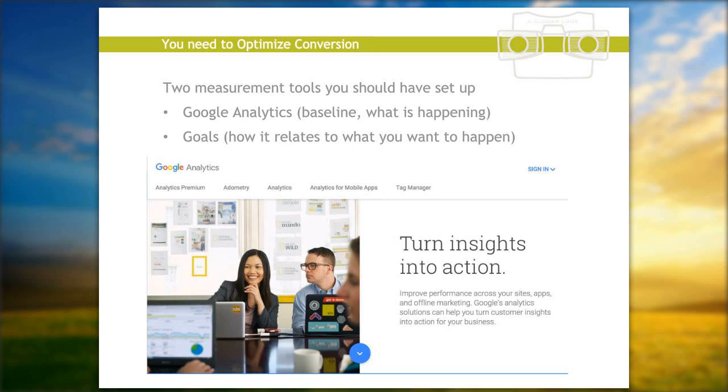So, in order to optimize conversion, part of that is measuring what's happening on your website as well. So, Belinda and Dorothy, do either of you have Google Analytics installed on your sites so that you can see what's going on? Yep, Dorothy has. And Belinda has, yes. And is that something that you review regularly? What kind of information do you get from that Google Analytics?